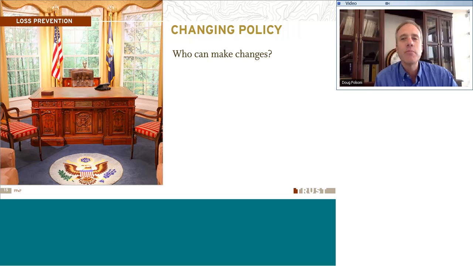And so who can make changes to the policy? Well, anybody who has the responsibility for drafting can obviously draft changes, but for the change to actually be adopted and become official, who can actually put their stamp of approval on that? Well, it may depend on what kind of organization you are. It's going to be different, definitely, for a special service district than for a city or for a county. And so the type of organization is going to matter.